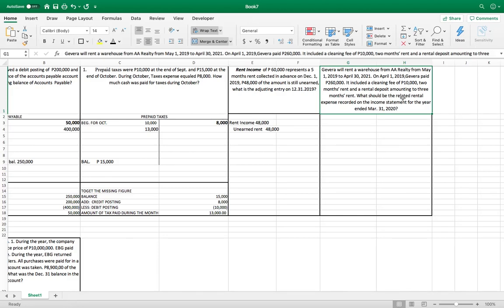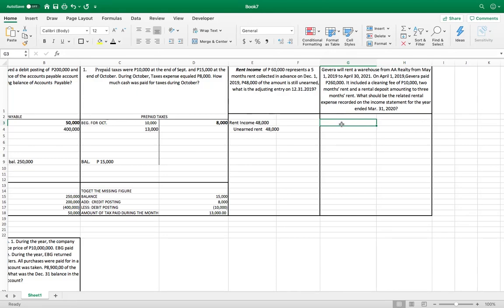And the rental deposit will not be consumed, because that will be returned to the tenants once the tenant vacates the place. So this is a recoverable deposit. This is an asset, other asset. So what is recorded as rent is only a 12 months period. So 12 months rent, that is 50,000 times 12 months, which is equal to